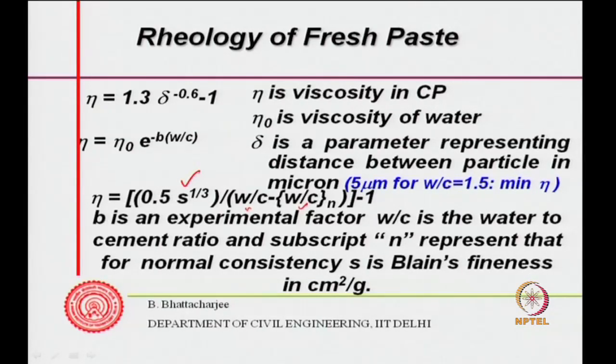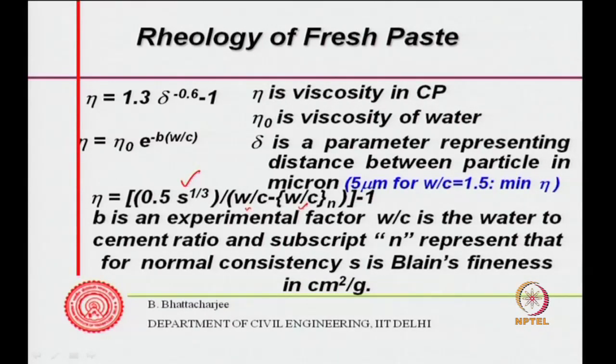If you add more water than this, this term will reduce above normal consistency, and if this reduces, viscosity will increase. First of all, the finer the Blaine's fineness, viscosity will increase. The minus 1 of course is outside the bracket, and according to